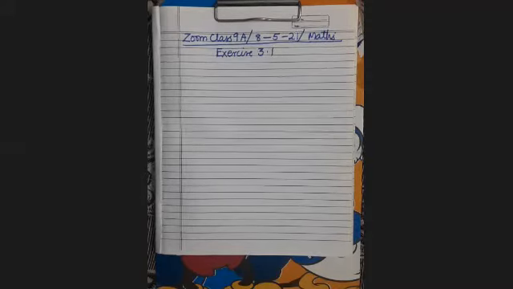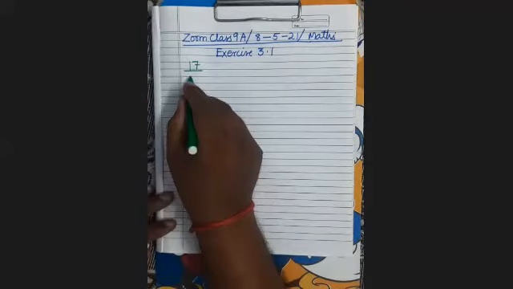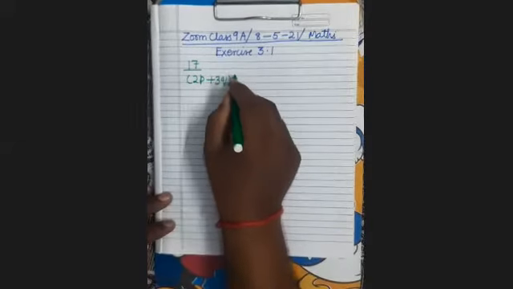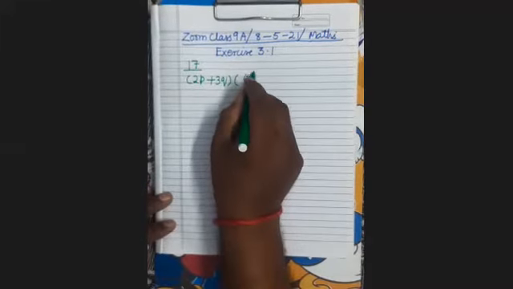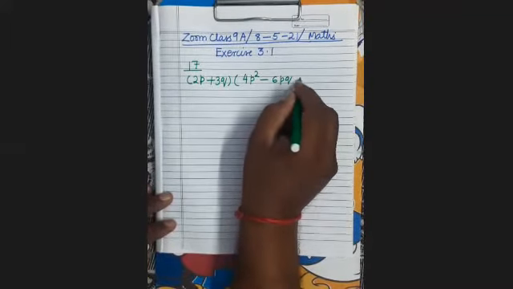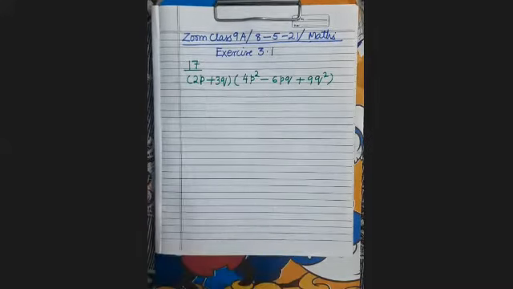So now I am going to do some more questions. Question number 17. 2p plus 3q. And in the other bracket, 4p square minus 6pq plus 9q square. So see here,